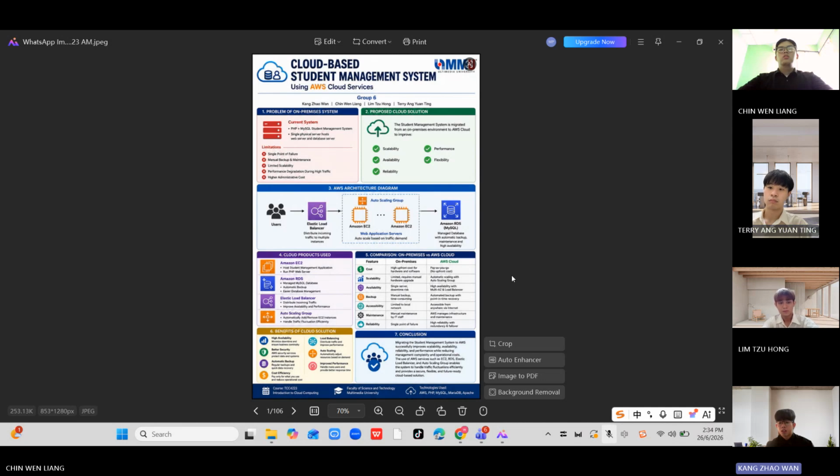Overall, this architecture demonstrates how AWS combines multiple services into one integrated cloud solution. Each AWS service performs a specific task, but together they provide a secure, scalable, and efficient platform capable of supporting